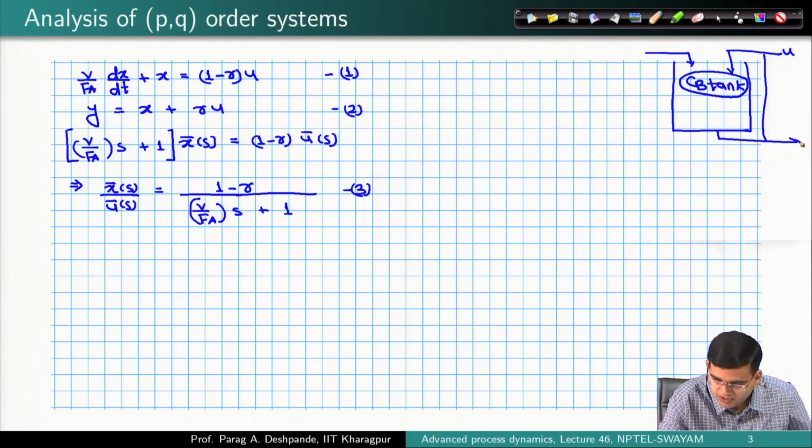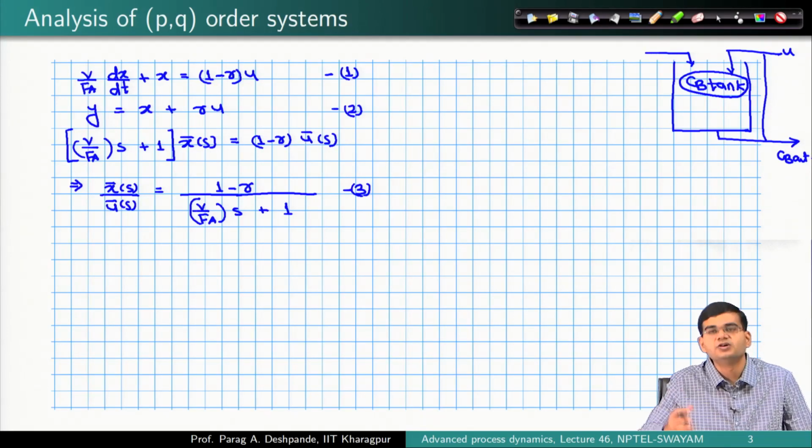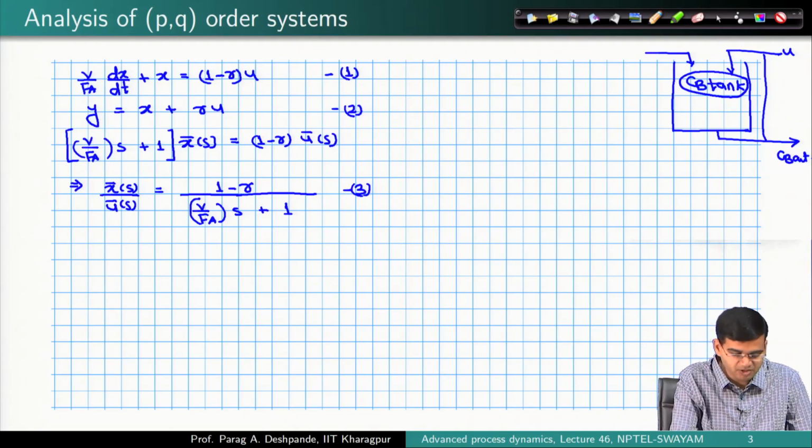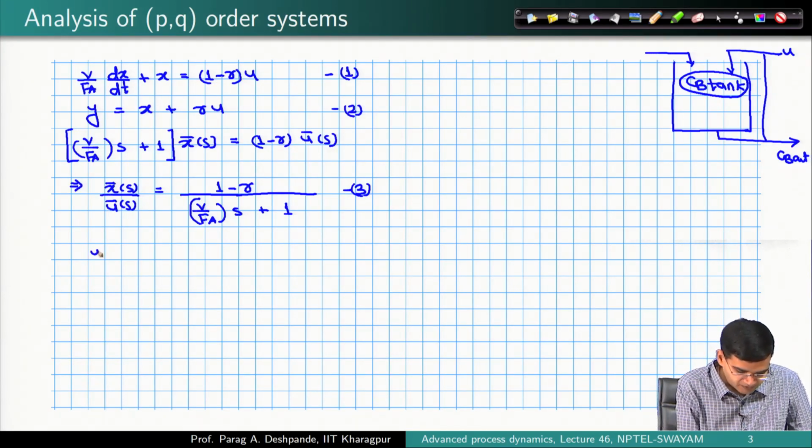But then you also had this here C B out. You would like to know, if I change various quantities in the input function, how does the ultimate concentration out of the system change? Well, that can be obtained by doing the transfer function analysis from equation number 2. So, I can write y bar of s is equal to x bar of s plus r times u bar of s, from where I can write y bar of s upon u bar of s is equal to x